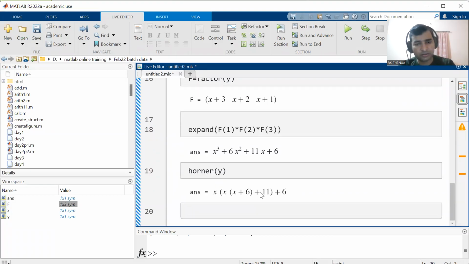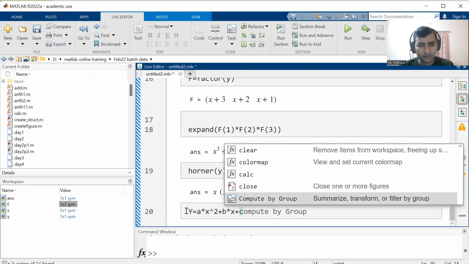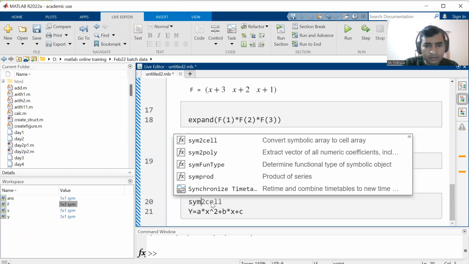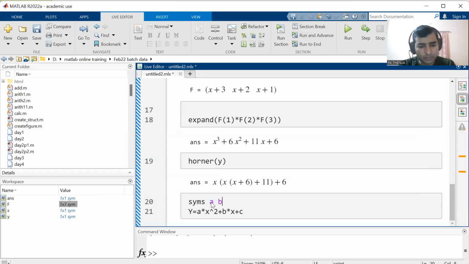Suppose y is equal to ax square plus bx plus c. Let me define symbols, I don't know whether these are defined, symbols a, b, c. So if I run this,